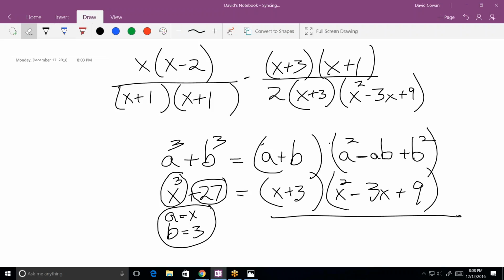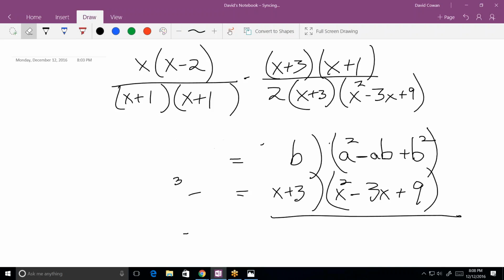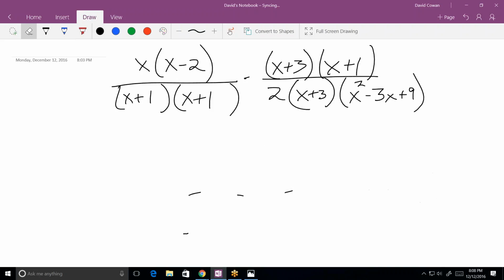Now the problem's pretty easy. Just going to cross everywhere we can cross. In other words, normally I would say, well, I see a quadratic in there, I need to factor it, but not the quadratic that comes when you've factored sum of perfect cubes. So I can cancel that with that, that with one of those,